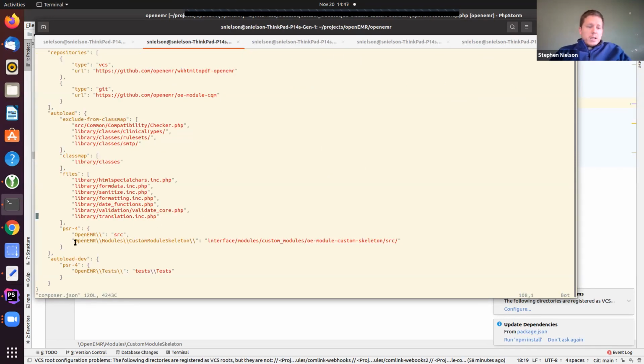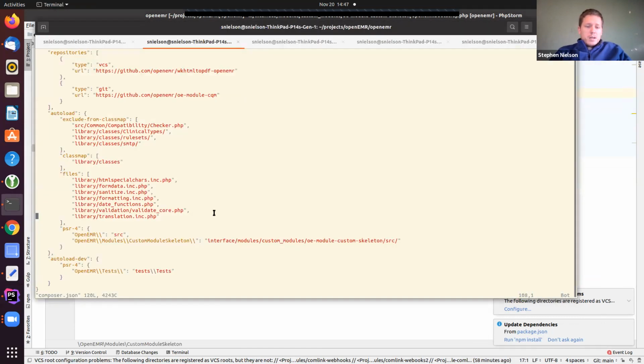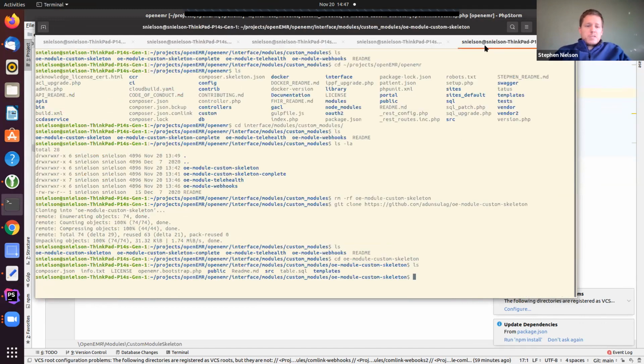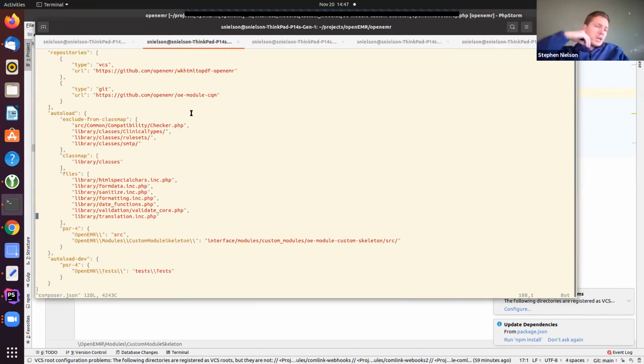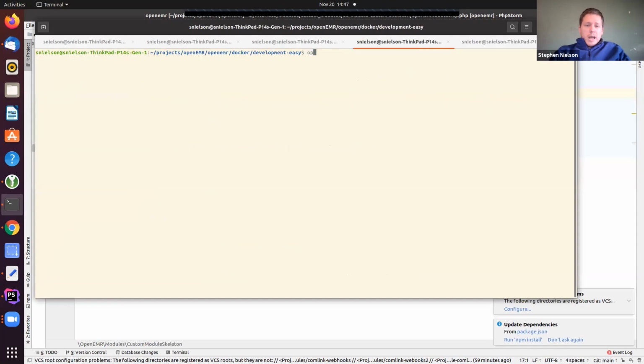We're going to add in our namespace here, our custom module, the namespace that I defined up here, OpenEMR Modules, custom module skeleton. Get rid of that. And I'm going to say this is where the module folder lies. If your module is installed using Composer instead of plopping it into the file system, you don't have to do this step. But if you have the code that you cloned, you just pop it into the file system. Okay.